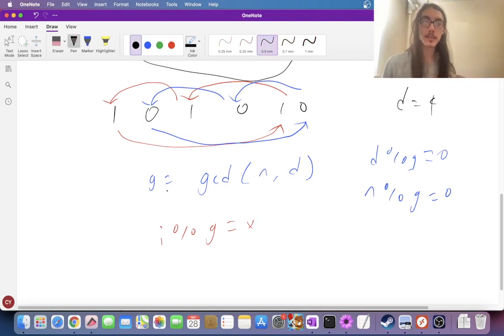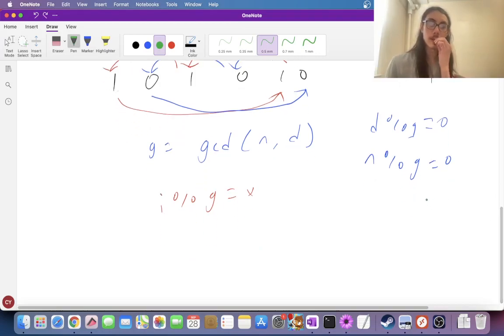And as it turns out, by some number theory theorems, if two things have the same remainder, they can always get to each other eventually. There's some more number theory behind that. But basically the things get grouped up based on their value mod g. So we take the GCD of n and d,